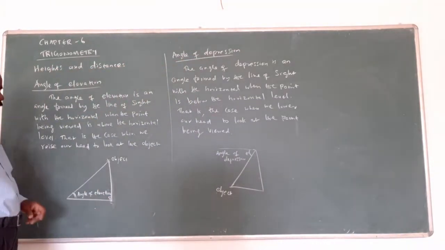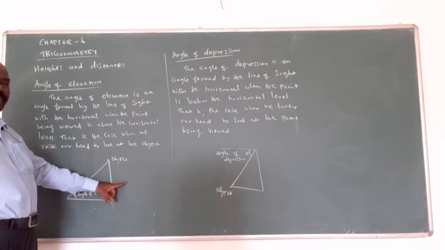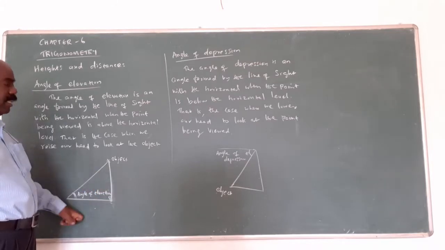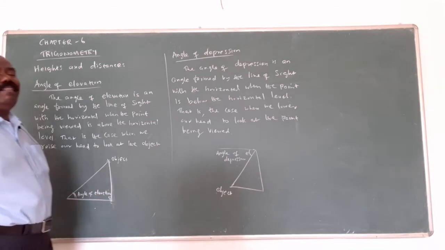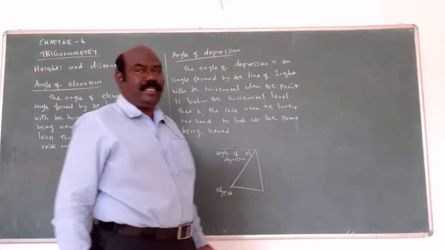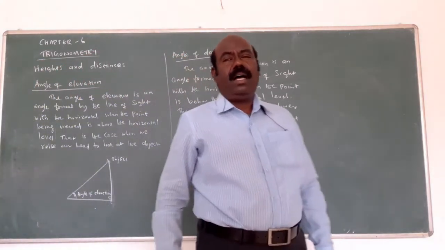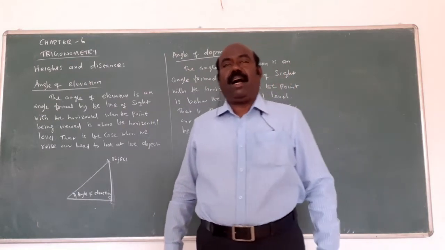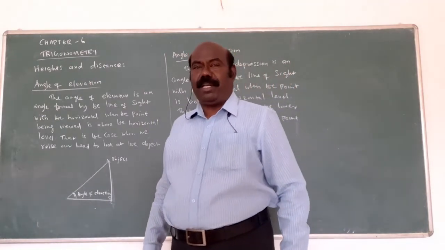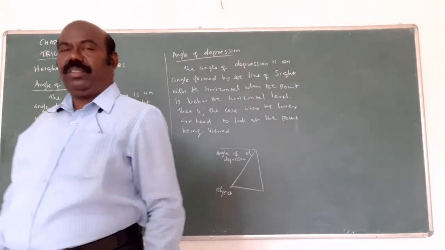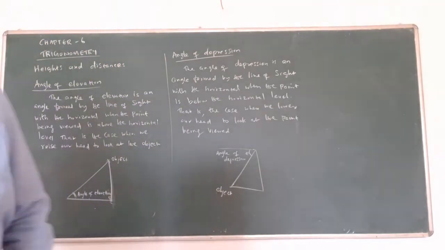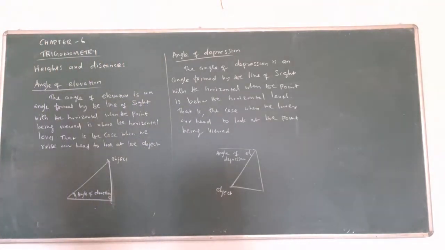In the right angle triangle, this is the angle, this is opposite, this is hypotenuse. Tan is what, the formula? Opposite by base. Sin is what? Opposite by hypotenuse. Cos is equal to what? Adjacent by hypotenuse. You must know these formulas also. And also the trigonometry values: sin 30, cos 30, tan 30, sin 45, cos 45, tan 45, sin 60, cos 60, tan 60. In this way, you must know that idea also.